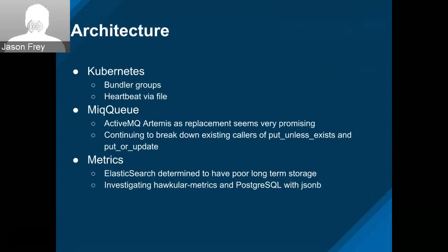Okay. For the architecture stuff, I have a lot less stuff this time. Like I said, last sprint was a lot of research, so I had a lot of different things to describe. This time it was a little bit more concrete, people making PRs and things like that. So on the Kubernetes front, as for the performance side of things, one PR that landed was the bundler groups